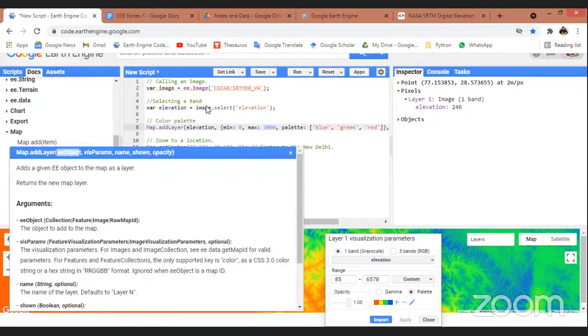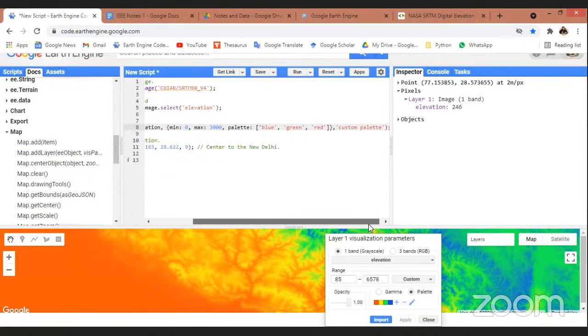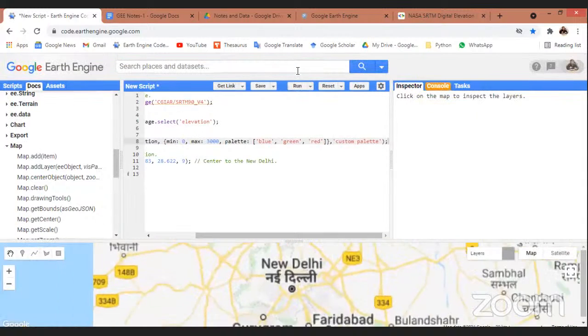Elevation is nothing but the image. Then visualization parameters. So we are using visualization parameters with values beginning from 0 to 3000, and the palette will be blue, green and red color, and the name of that particular tile. So we have given the name of that particular tile as custom palette, and when I just click run,